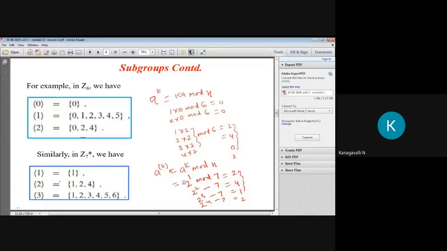So you have to check what the remaining terms are. These three terms only repeat: 2, 4, 1. So I am generally writing this as 2, 1, 2, 3, 4, right? So you have to check your 3. The same thing here: 3^1 mod 7, 3^2 mod 7, 3^3 mod 7. Then your result should be all these terms, right? Whatever terms you get, you have to include in your group. If a term is repeated, you consider it only one time, right?